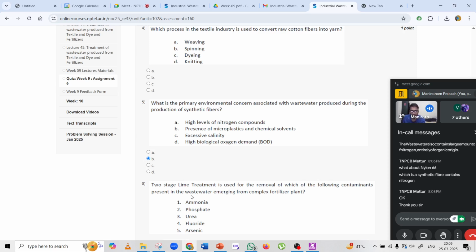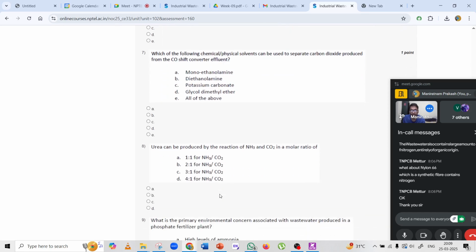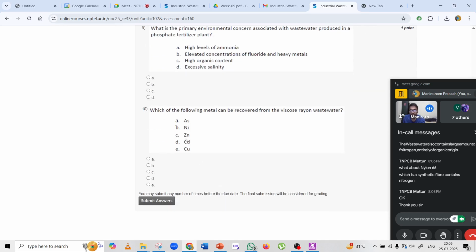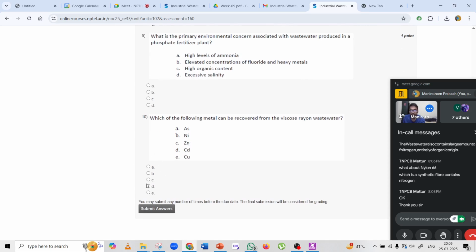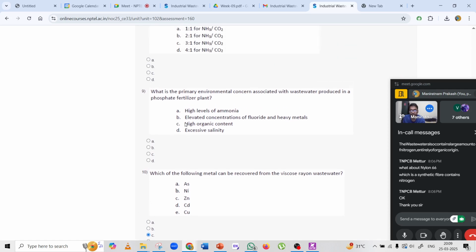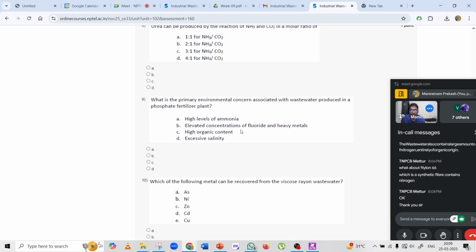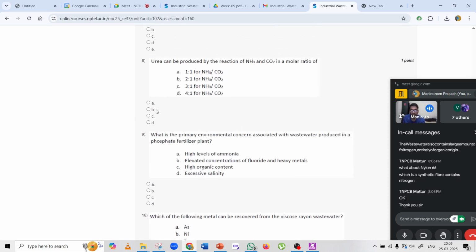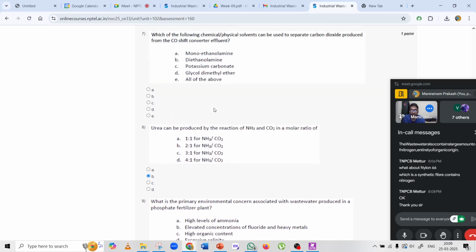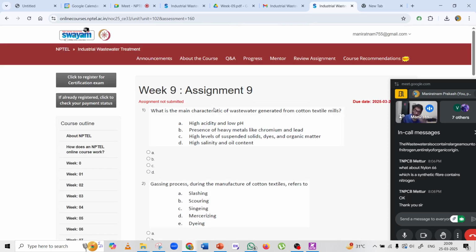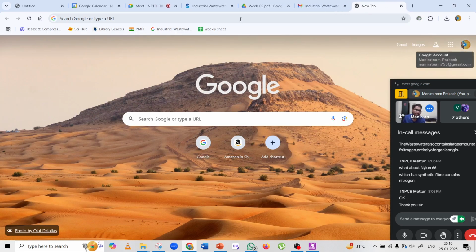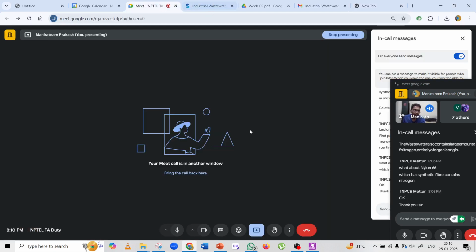Okay. Apart from these, I think these are very simple questions. Most of the questions have been discussed today. See, phosphate here. Now here you will be applying this 2:1. I'm not going to do this, but I hope you have got it. Anyone have any other doubt? Else, I will be ending the session.